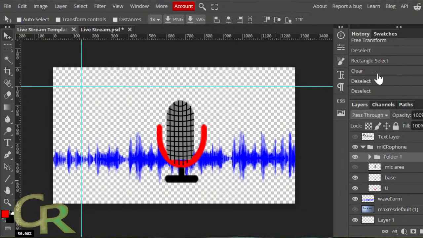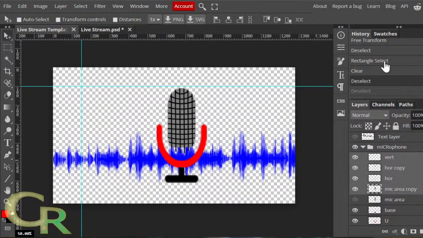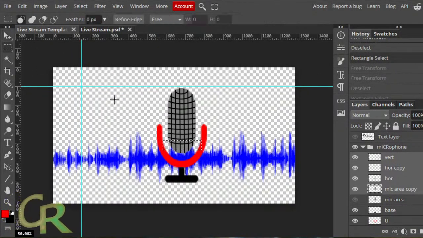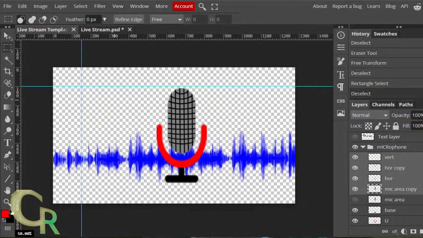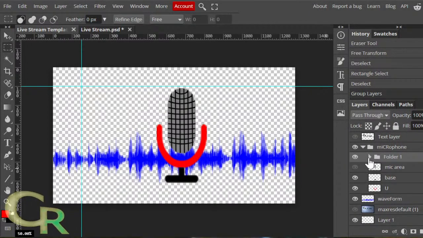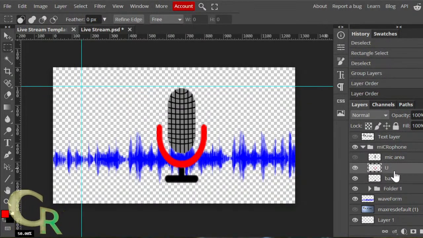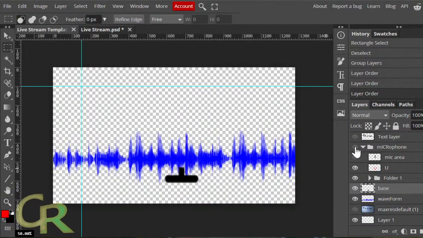So if I do that, go back up to this piece, history, go back to that. Well, selected, I'll make a new folder out of that. Again, move that down. Move my base down all the way to the bottom of this. Move the folder in.